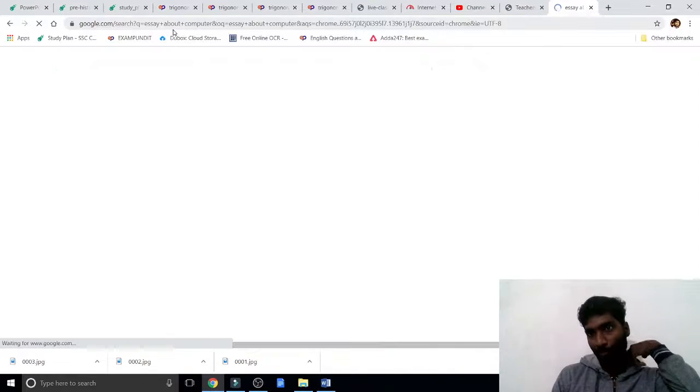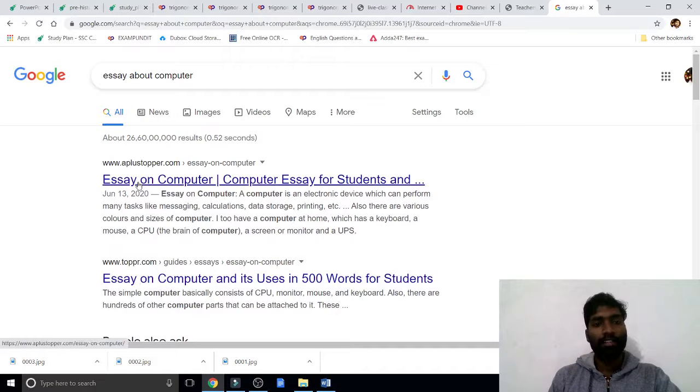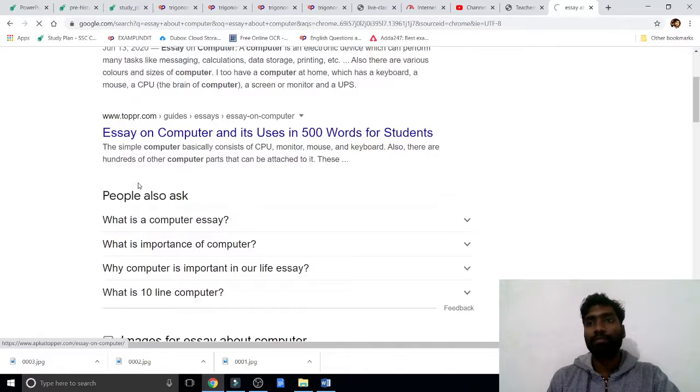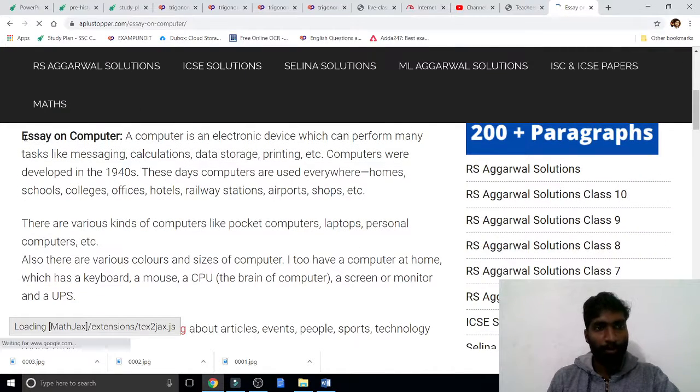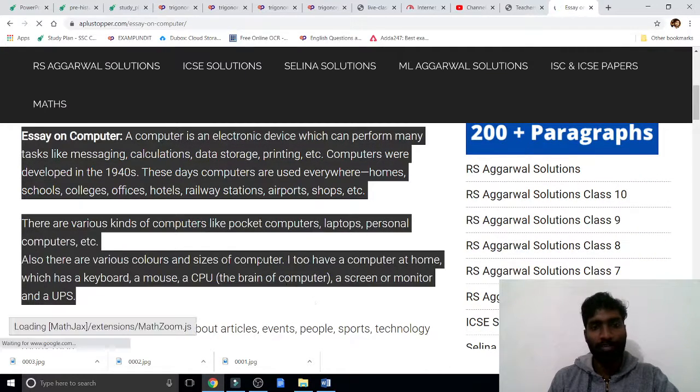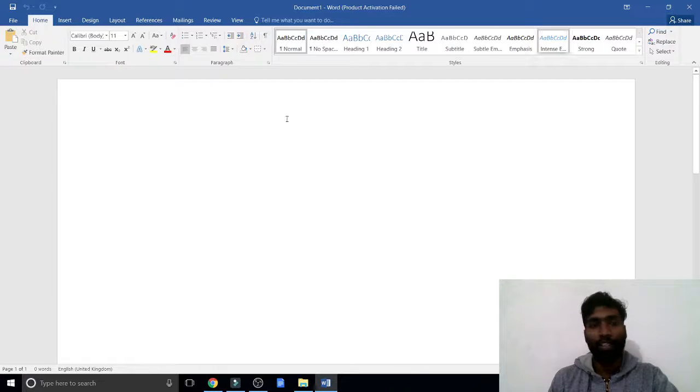It means I'm typing a simple thing. I just copy and paste. This page I opened just for copy and paste. Right click, copy. Okay, now I pasted here. Done.